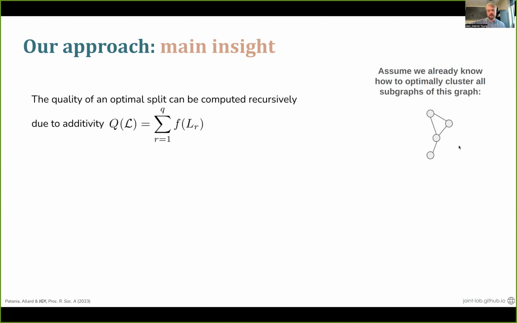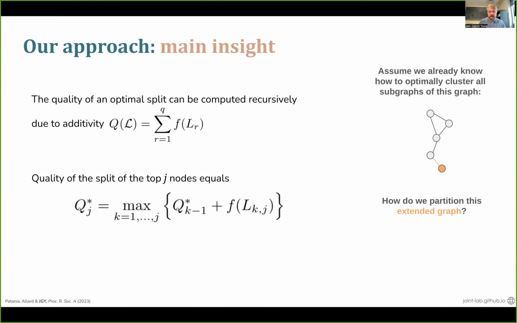So you know all the ways to partition the subgraphs. Then you want to recurse. So you want to ask the question, if I add one node at the bottom of my embedding, how do I extend my solution? And the answer is you want to solve this maximization problem. So you want to solve the quality of the top